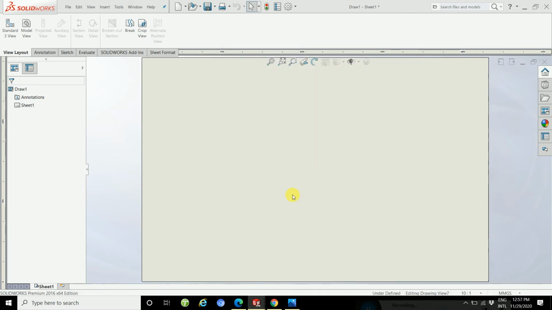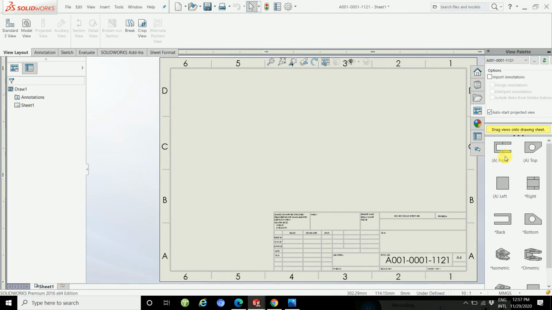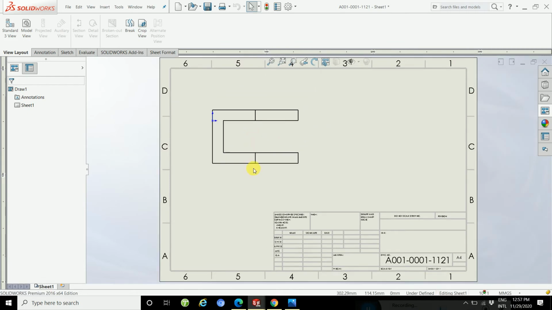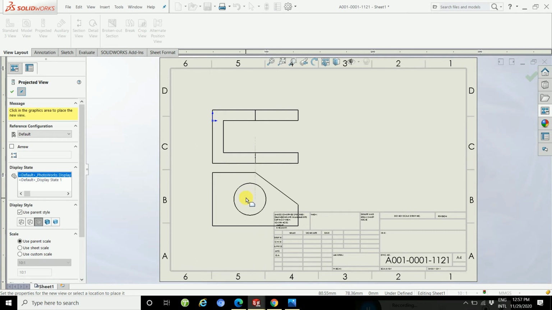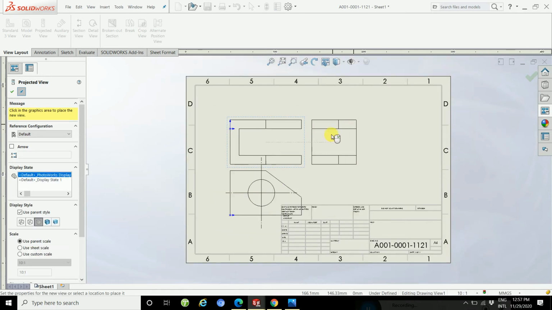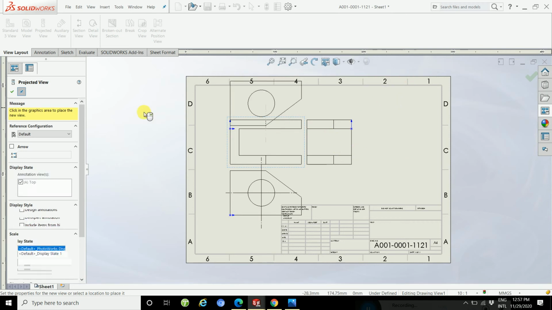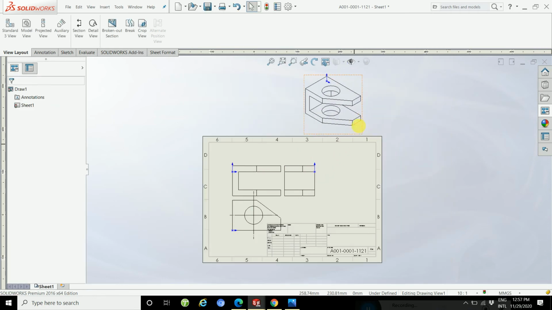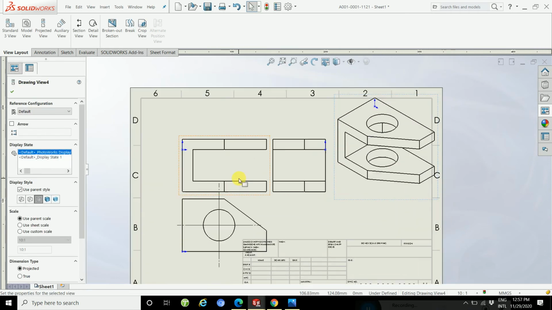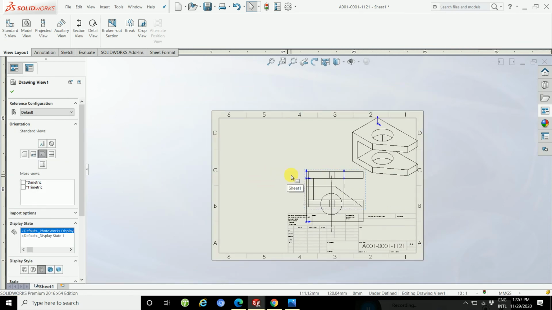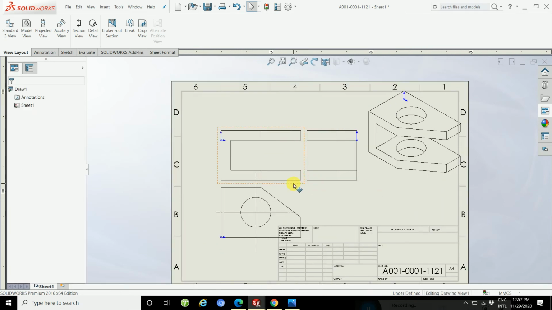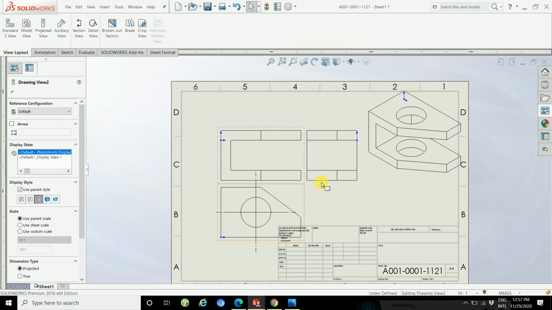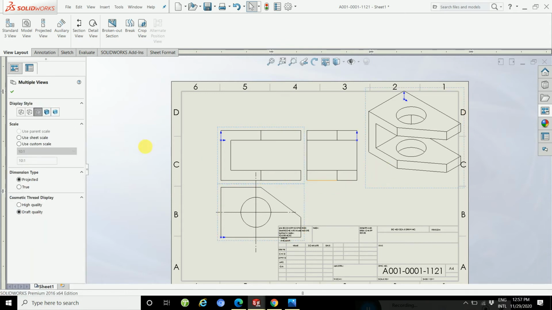Okay, and then here is your view, drag and drop. In this view, then isometric view. So you need to set the scale.